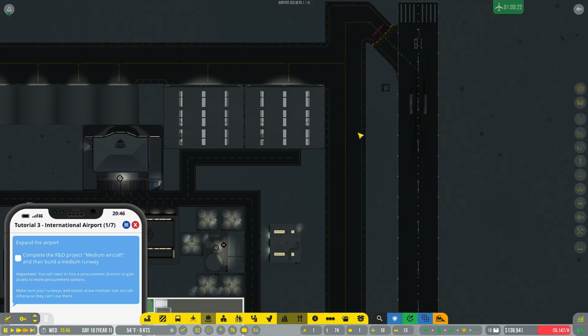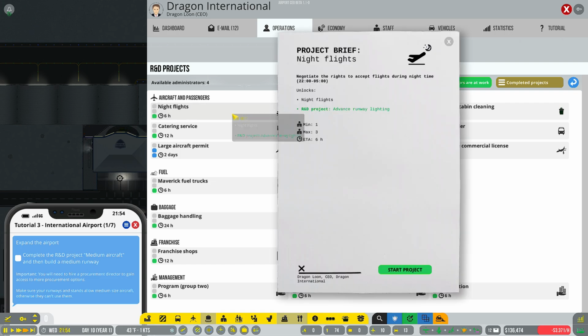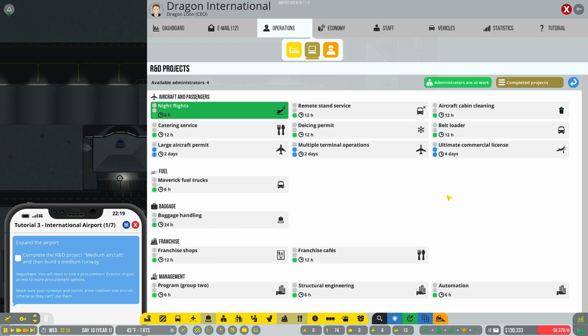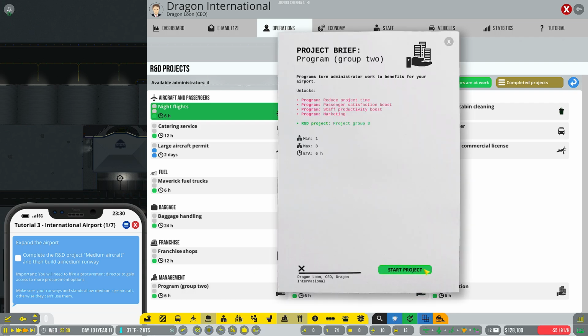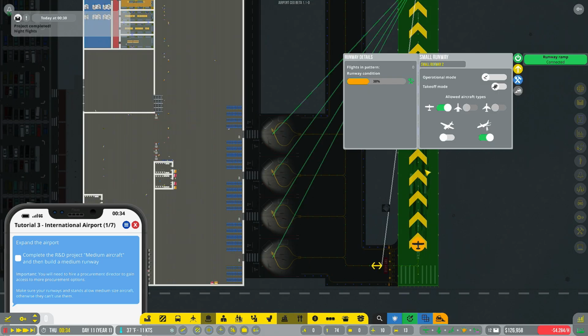Sweet. Cool. All right. Moving on. While we're waiting on things, one thing we're going to do is work on night flights, because that will help us bring in more revenue. And we are also going to work on... we'll go ahead and do program 2, just like that. All right, and now that night flights are done...